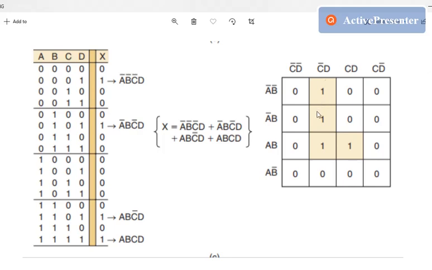For all of the adjacent high values, we can make a pair. We have to make sure that the pair is of the largest possible size. For our 4 inputs, our K-map is a 4 by 4 grid, which means it will have 16 combinations. The expression we have here is called SOP form, in which it is reduced into a lower number of components required for the circuit.